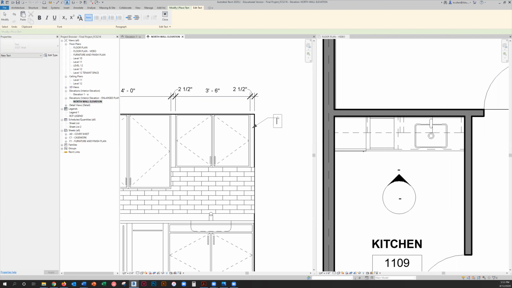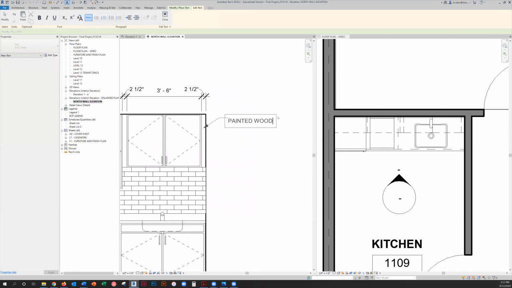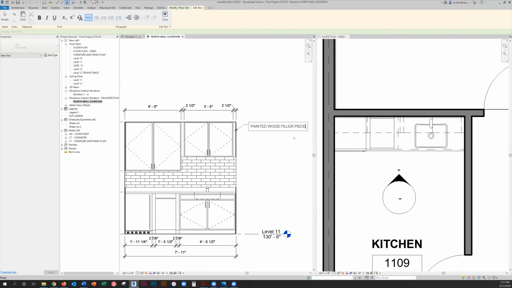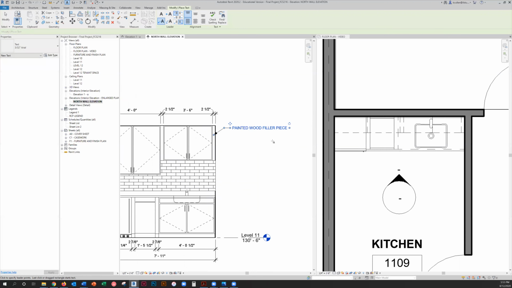So I am just calling this painted, whatever material you want this. I want my casework to be wood, so I'm going to say painted wood cabinet filler piece. Notice that it is also in all caps,